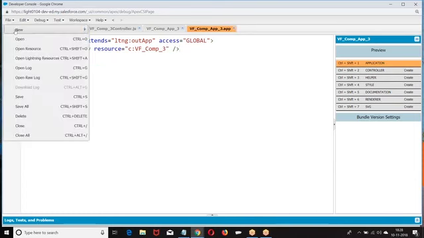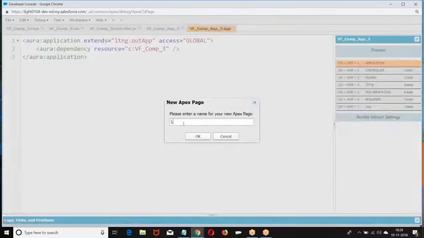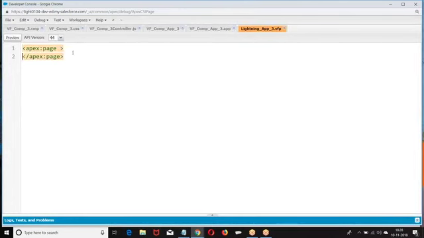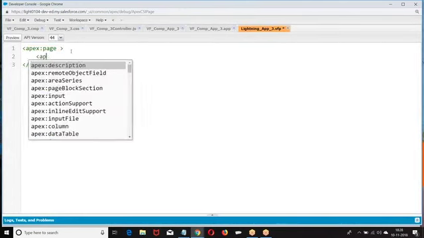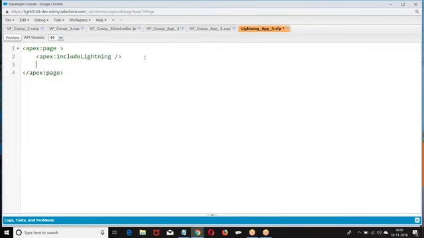So how do you call it in the Visualforce page? First include the script, include lightning, then where you want to display, give the ID.